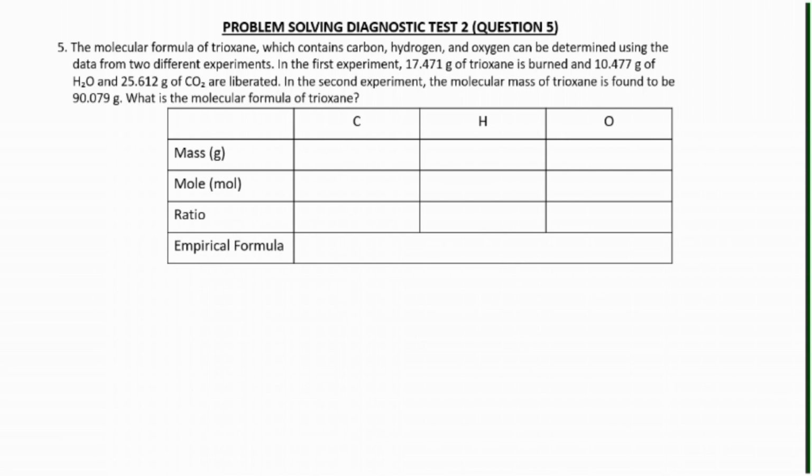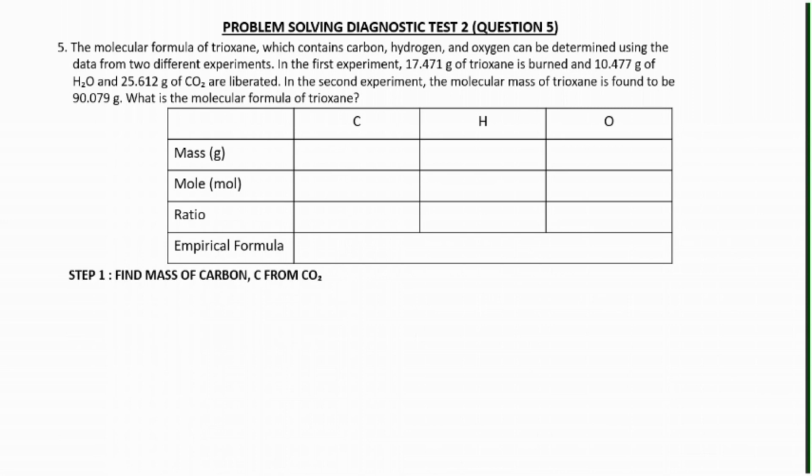It is totally wrong. Because from the question, it gives the molecular formula of trioxane which contains carbon, hydrogen, and oxygen. So, we can only put carbon, hydrogen, and oxygen in the table. We don't know the mass of carbon, hydrogen, and oxygen, but we can find it using the formula,